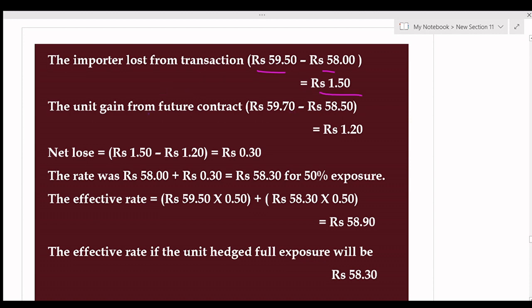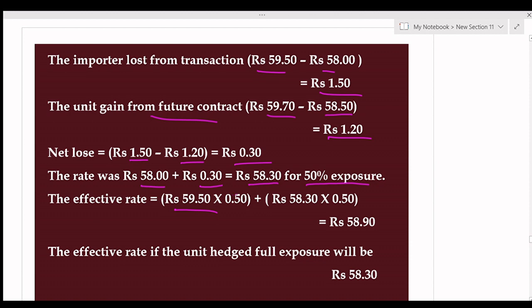The unit gain from future contract: 59.70 minus 58.50 is equal to rupees 1.20. Net loss will be 1.50 is the loss from spot and gain is 1.20 in future, will be rupees 0.30 per dollar. The rate was rupees 58 plus rupees 0.30, because it is loss, so it will be added to the spot rate, is equal to 58.30 for 50% exposure, and the effective rate will be